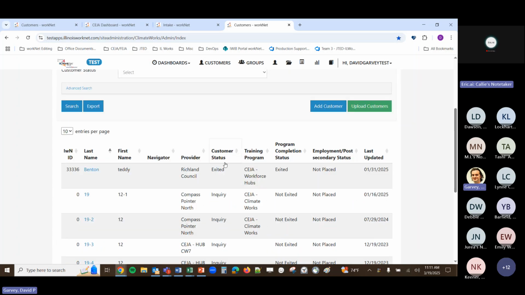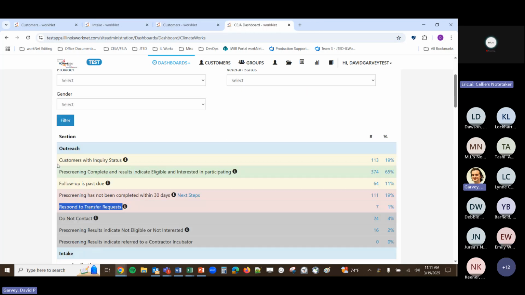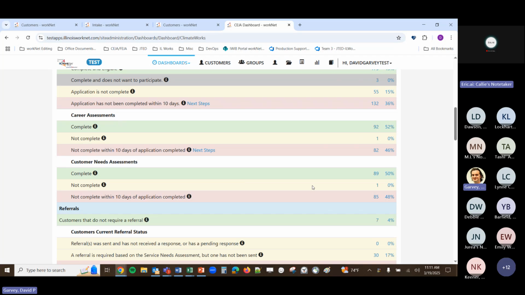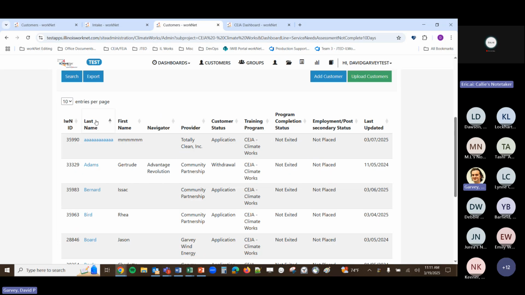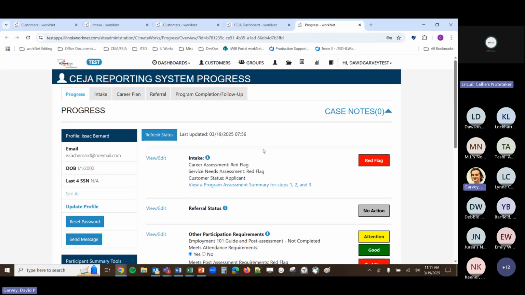Well, let me try and walk through one of these here. Might be an issue with the system, or maybe just one status here. Not complete with the customer needs assessment. Okay, so I think this should pull up a list of people who need that to be completed. How about, let's select this customer here.